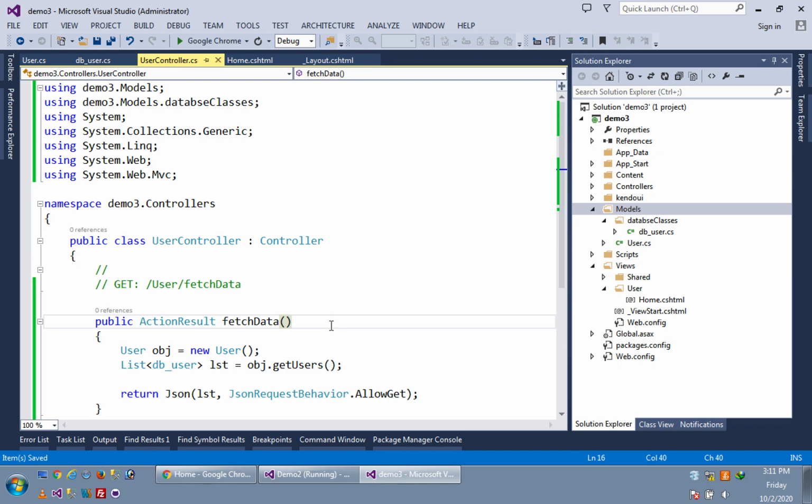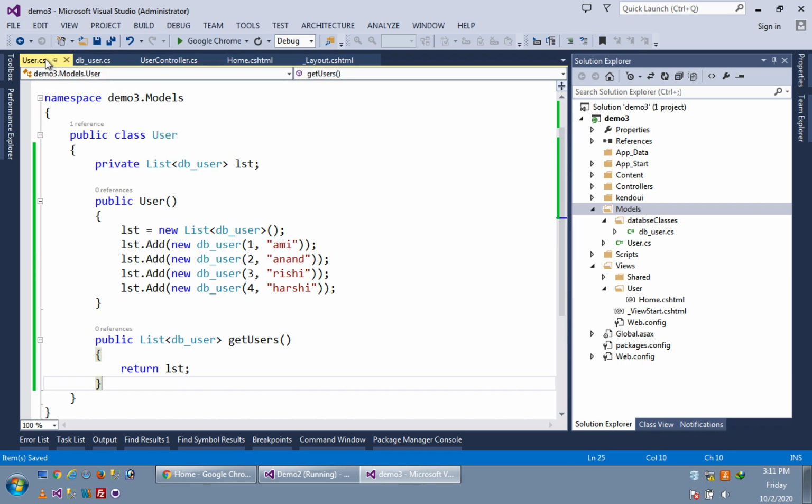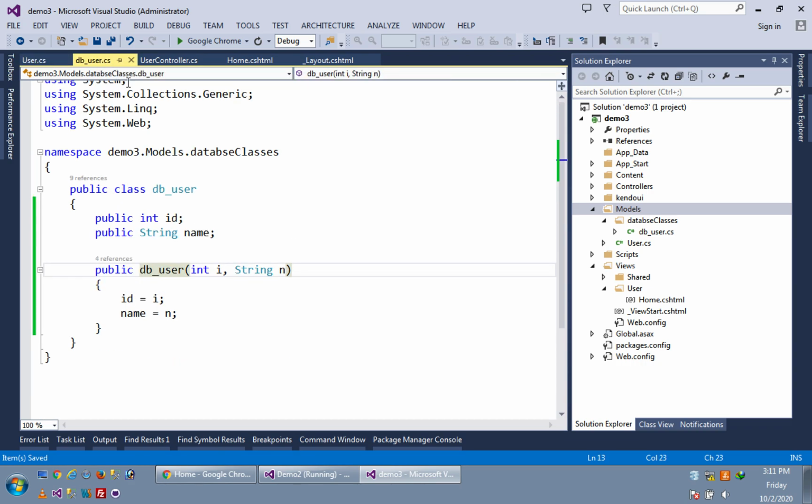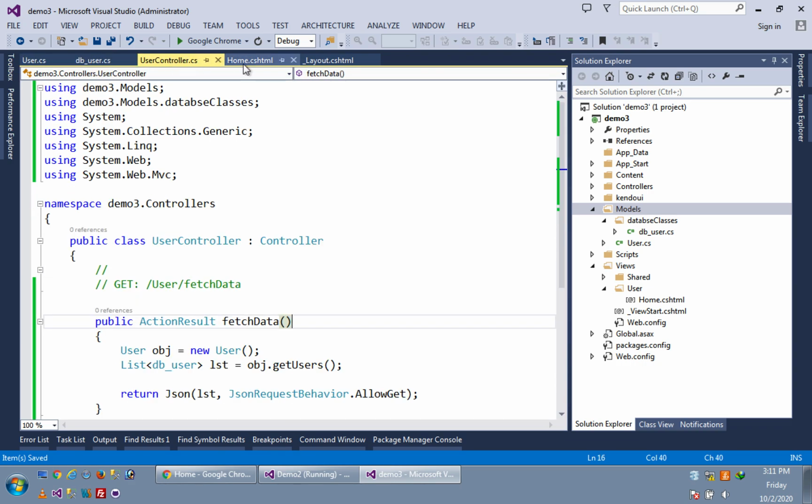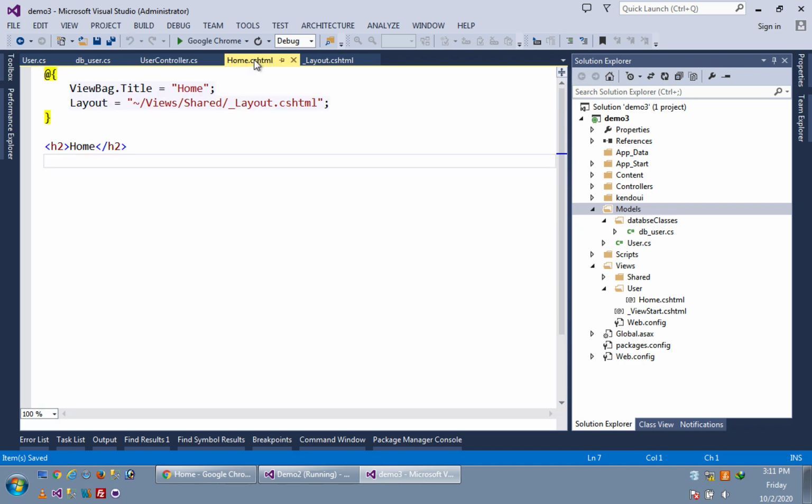So now moving to our view. This user model is clear, DB_user is clear, controller is clear. Now we are going to Home.cshtml, that is our view. After this, I will create one div and give it an id like grid1. For Kendo UI, we just have to make one div, and using that div's id, we will create the grid view or any view of Kendo UI.